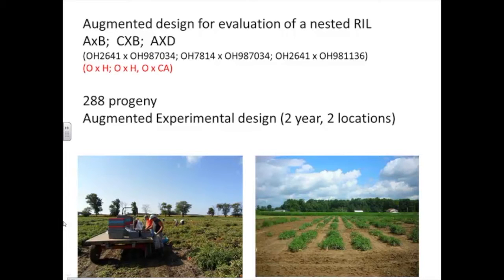This population that we're going to be working with today has some features of a NAM population. It's a series of crosses with parents in common. So there are really three main subpopulations, each of them developed as a RIL. The rationale for setting those subpopulations up was that each of the parents was selected as an elite line, elite meaning it could be used as a parent in a commercial hybrid, but from a different subpopulation within our breeding program. And these subpopulations we tend to refer to as our O, our H, and our CA